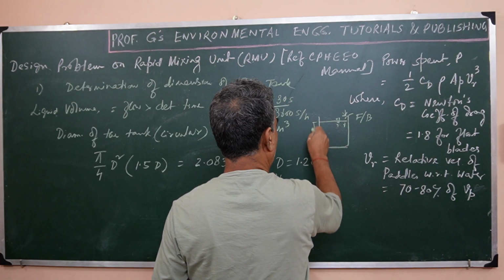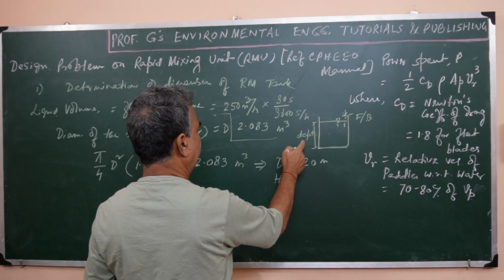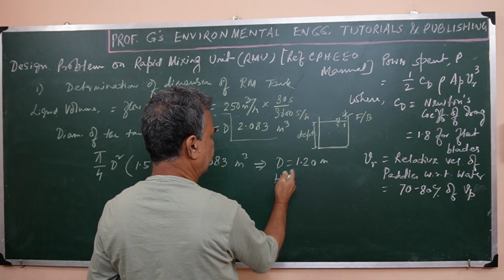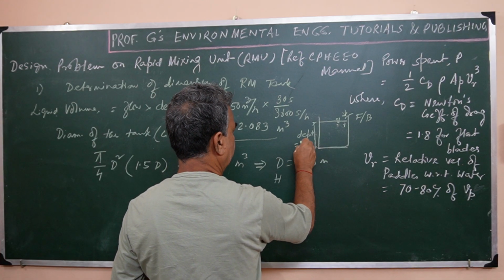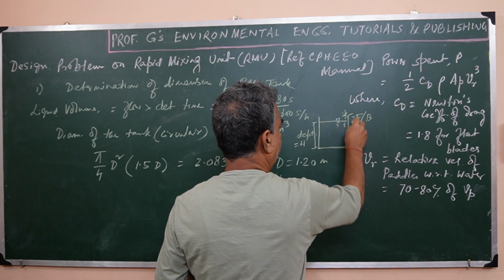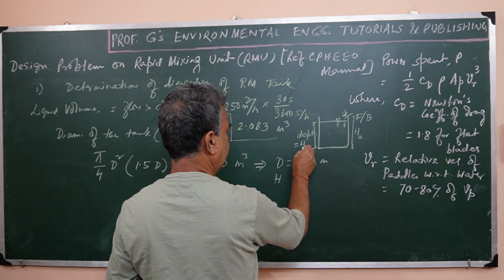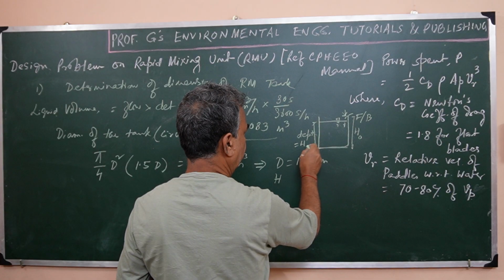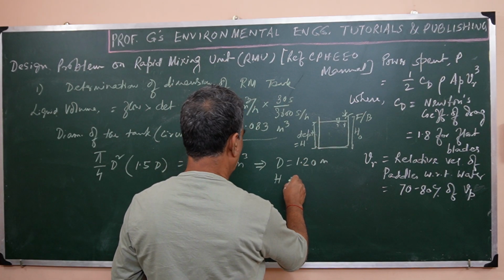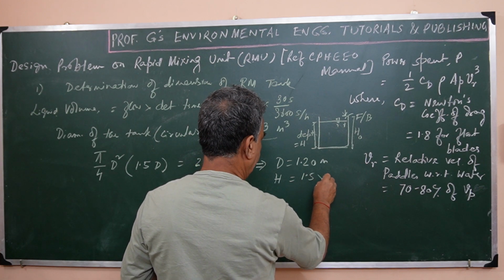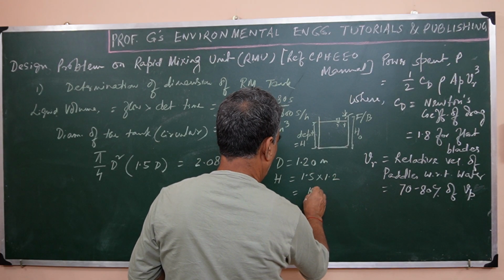Here if we write depth as D, it will conflict, so that is why we are writing H. Depth is equal to H, and you can write H overall also. This is the overall height of the tank. That way you can differentiate. So H will be 1.5 times 1.2, so this would be 1.80